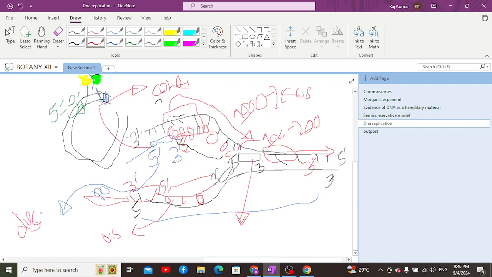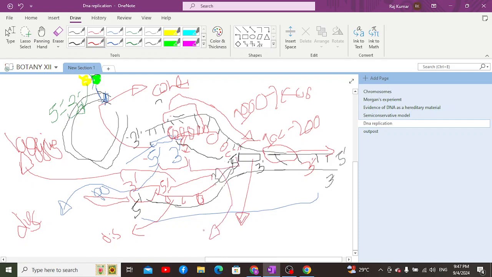because it is in the anti-parallel direction from 3 prime to 5 prime, which is anti-parallel to the direction of the parent strand which is from 5 prime to 3 prime, due to which the 3 prime to 5 prime strand over here, which is discontinuous, is known as the lagging strand, while the strand which is from 5 prime to 3 prime over here is continuous,